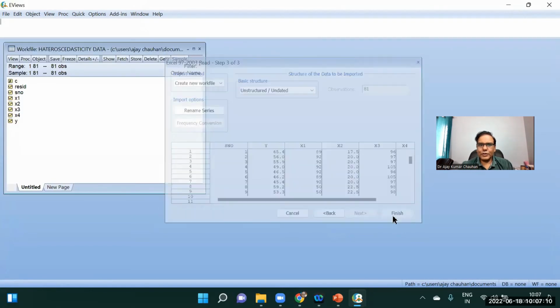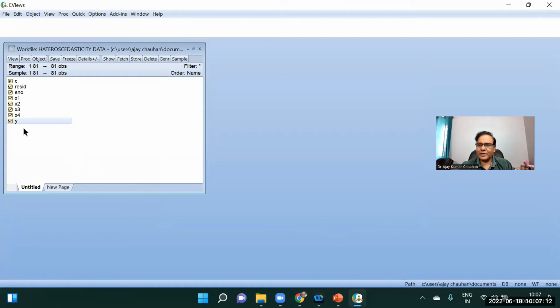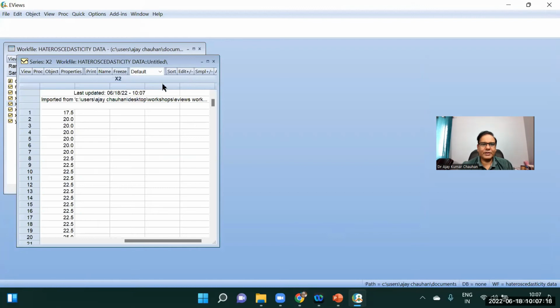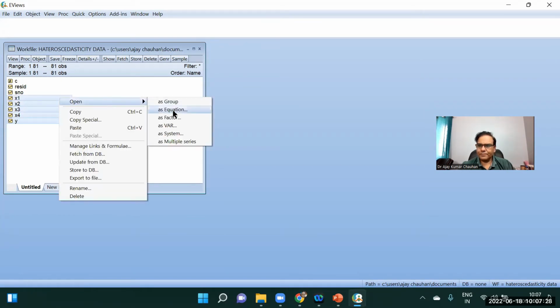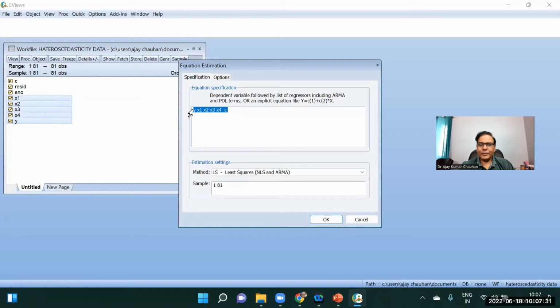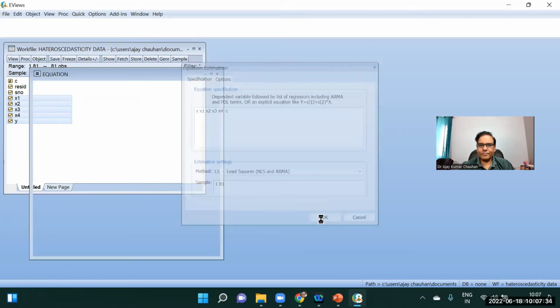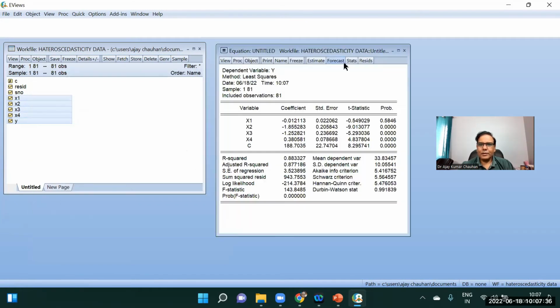So in this data set, the y is my dependent variable. And there are four independent variables, x1, x2, x3, x4. So just select y, x1, x2, x3, x4. Now open as an equation. So we are going to run this equation. Okay. And you can see that the x1 is not found to be significant, but all the three other independent variables